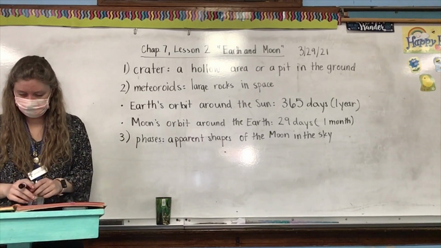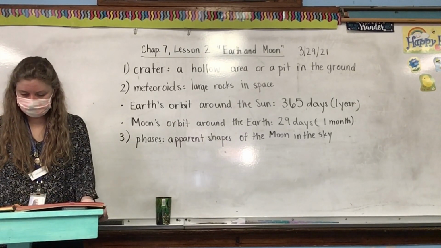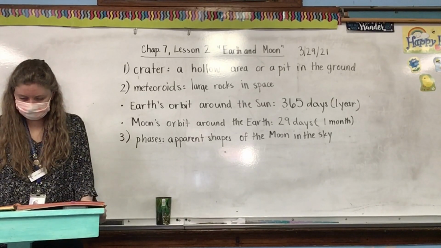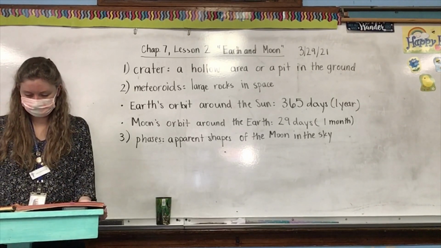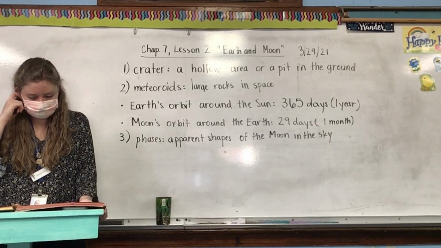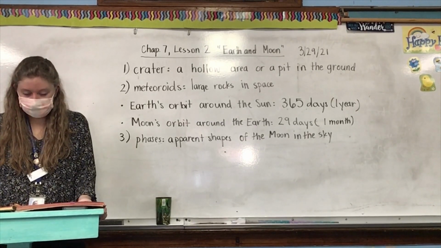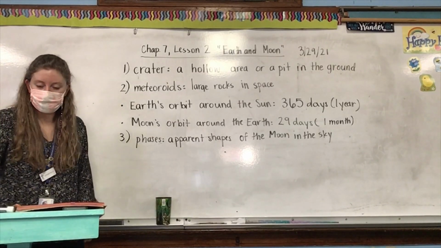Keep going. All this time, the sun is shining. It lights one half of the moon at a time. The other half is dark. During the moon's orbit, we see different fractions of its lightened half. So, we're going to look at this diagram now. Pay close attention. But first,